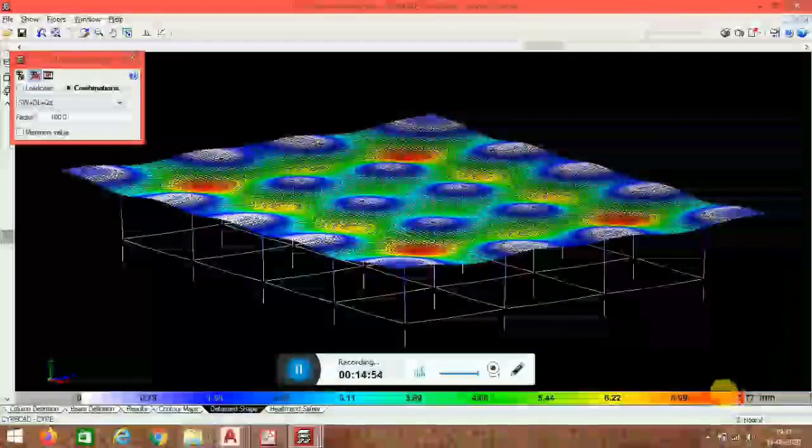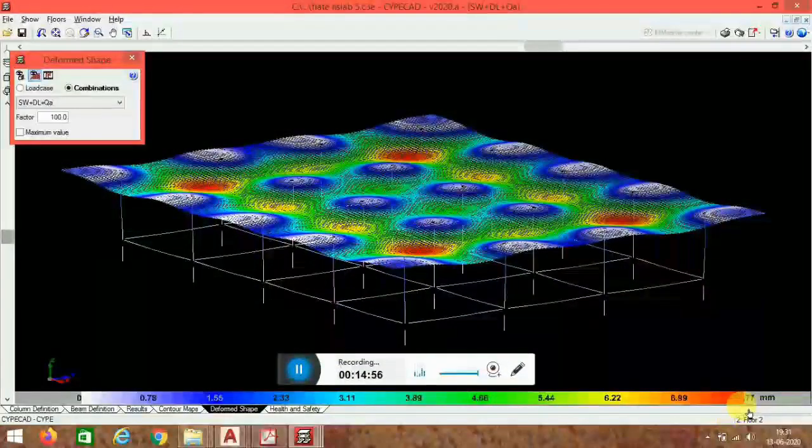So this is for the temporary deflection, that is 7.7 mm here, you can see. But for the serviceability of a building for 30 years, we consider this 8 mm, multiplied by 3,